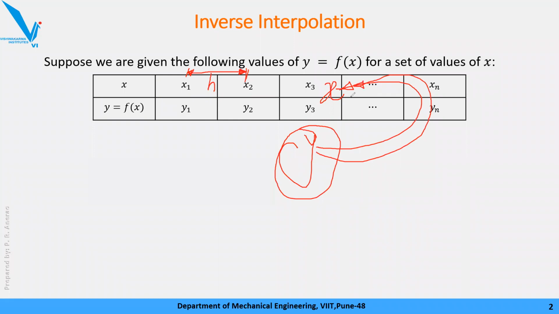For example, you are driving a car. Your target is to achieve a speed of 100 km per hour. So your desired output is known to you कि भाई मुझे speed चाहिए 100 का, and the input will be the movement of the accelerator. Accelerator कितना दबाना पड़ेगा, so that amount will be your input. So जब उल्टा करते हो, we call it inverse interpolation.